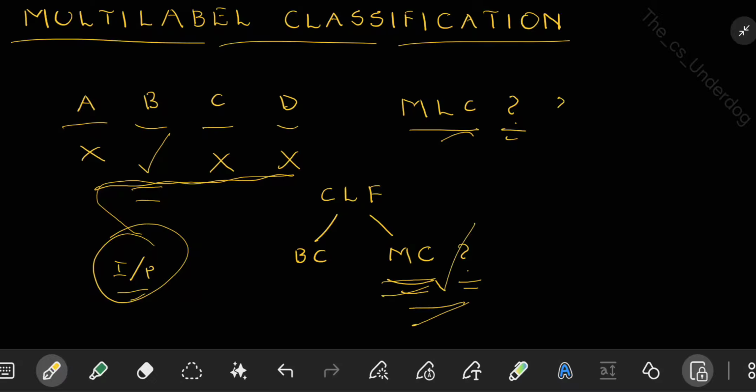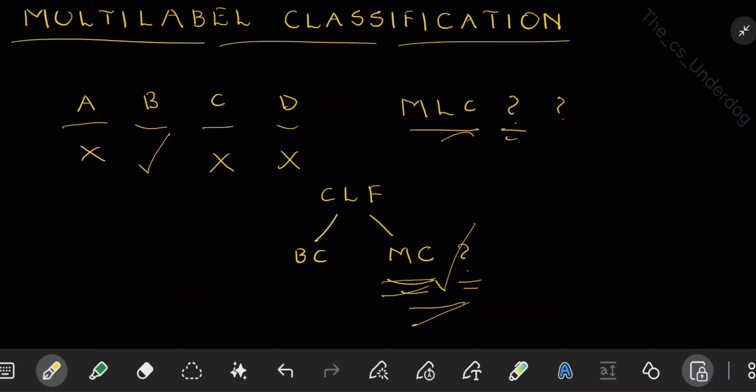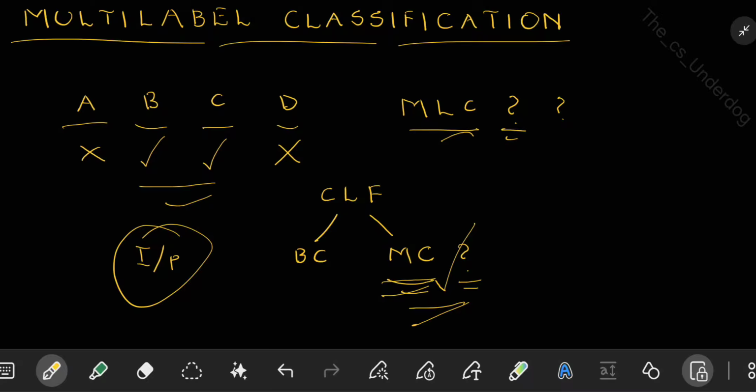But what about multi-label classification? In this case, this is like those multiple answers correct questions that you would see in JEE Advanced. Here, when you have all these four classes, it is possible the same input may belong to multiple classes. Maybe it belongs to class B, class C, as well as class D. It is also possible that maybe it only belongs to two classes. So all these possibilities are there. It may belong to only one class. It can belong to two classes, three classes, four classes, or whatever number of classes. This is when you call it as